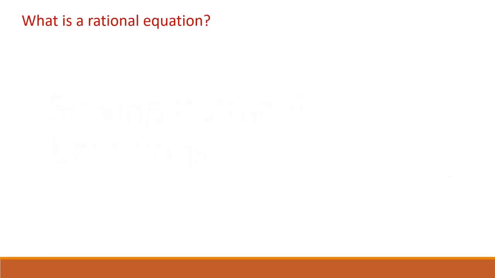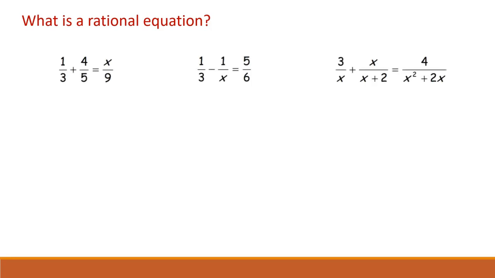A rational equation is an equation with a fraction in it, like these. The variable we're trying to solve for could be anywhere in the equation. And like any equation, our ultimate goal is the same. We want to find the number or numbers that we could substitute in the equation for the variable to make a true statement. Because of their fractions, rational equations can be a little tricky, so let's talk about a strategy